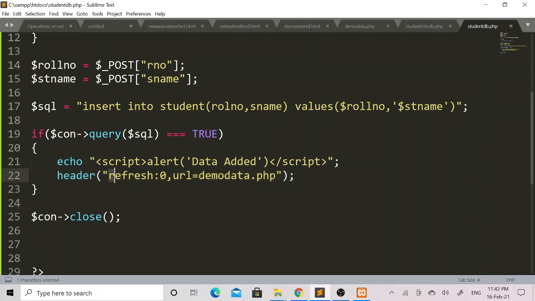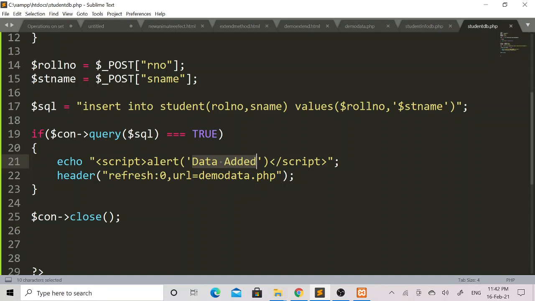Why have I taken this refresh colon 0? Because PHP is a server-side scripting programming language. It will immediately run on the server side, so the data added message will not be able to display.